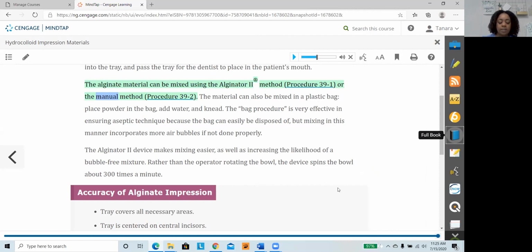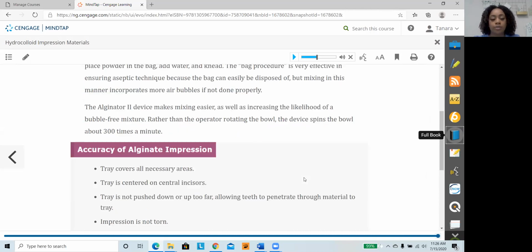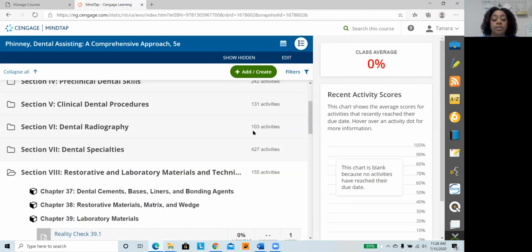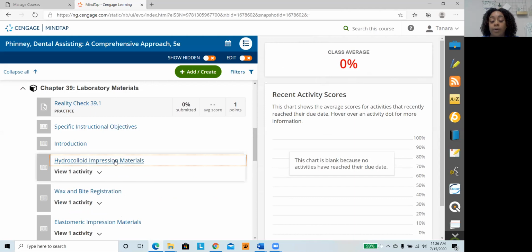I do want you to take some time on page 918, and I want you to go through the advantages and disadvantages of alginate. There are some good and there is some bad. And I want you to highlight that. Now, the one disadvantage that you need to always remember is that the alginate itself, and I will scroll down so I can be on the same page with you guys, is a fantastic way to get a really good impression. Okay. The one issue is,